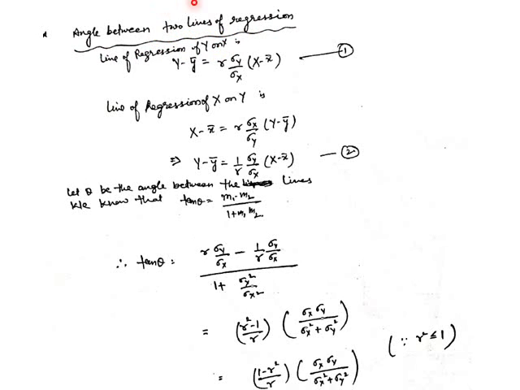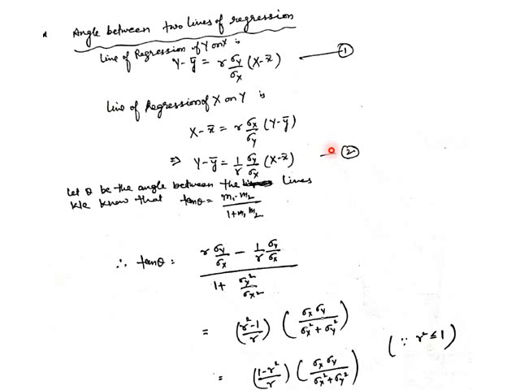Whenever you read the statement two lines of regression, it means we are discussing the line of regression of y on x and the line of regression of x on y. So here we first write down both the lines. First one is the line of regression of y on x, and this one is of x on y. But if you read these two carefully, the second one is not of the same format as equation 1, because whenever we compare two lines, both must be in the same format. Because of that, we first convert this line of x on y into this format, y minus y bar equals 1 upon r sigma y by sigma x. Now equation 1 and equation 2 are both in the same format.